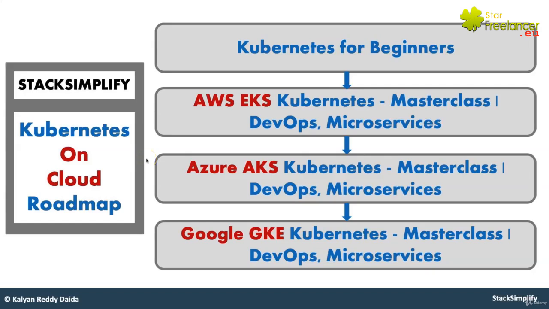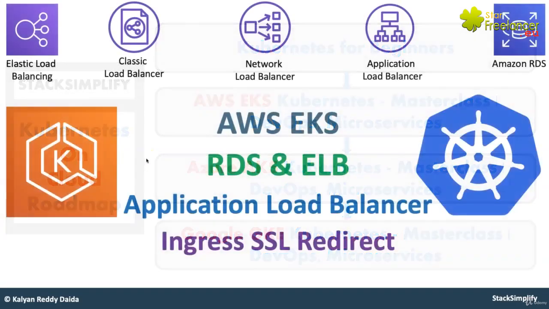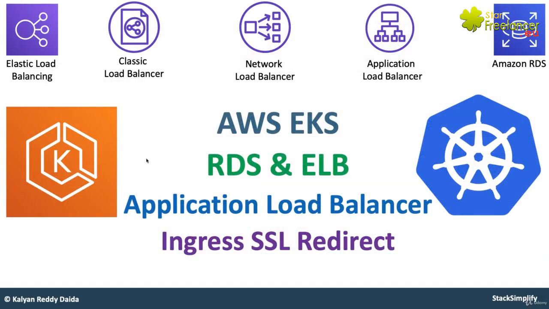Welcome back. In this lecture, we are going to understand about Ingress SSL redirect. In general, whenever we are building our applications and deploying in production, we usually have a requirement that our HTTP URL should be auto redirected to HTTPS. That is a most generalized requirement, and in most load balancers we usually do this. This is a load balancer setting